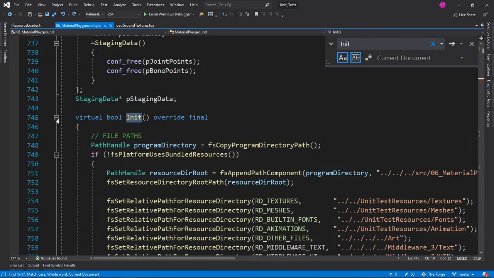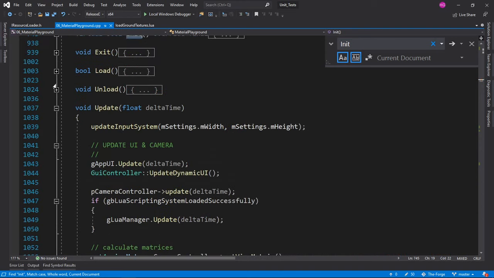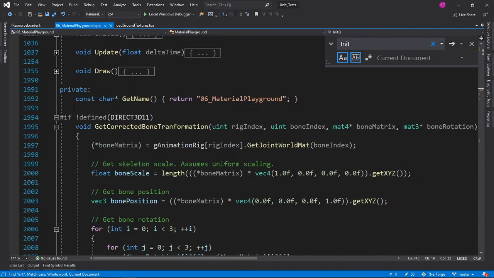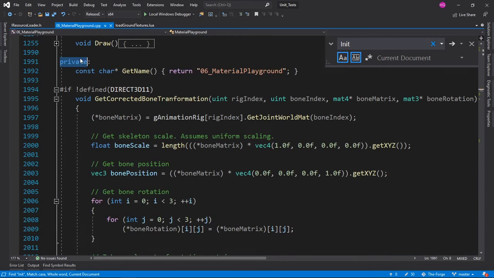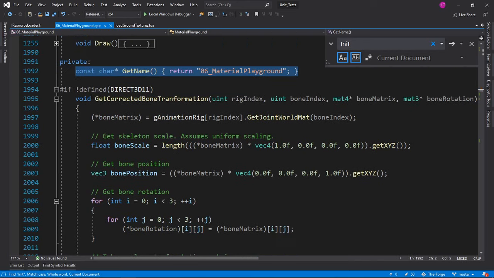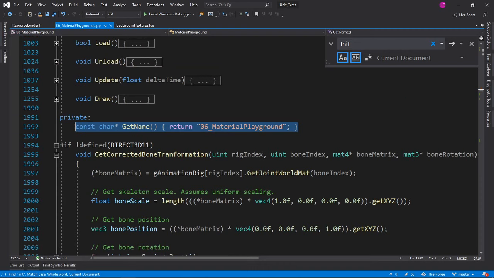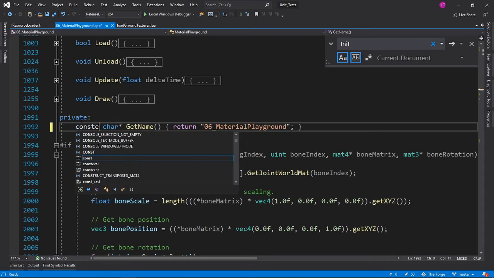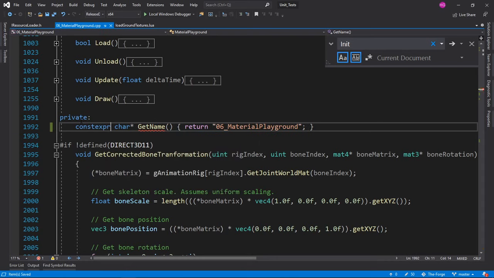Yeah, we read this init function, and from that we figured out that it is calling some of our member functions which are actually private. So we made them private. And interesting thing here, should this be private or not? Where is this used? I've made this private, but it still works. Okay, we'll get back to this. And this of course can be constexpr. While we're at it, let's just make it constexpr.